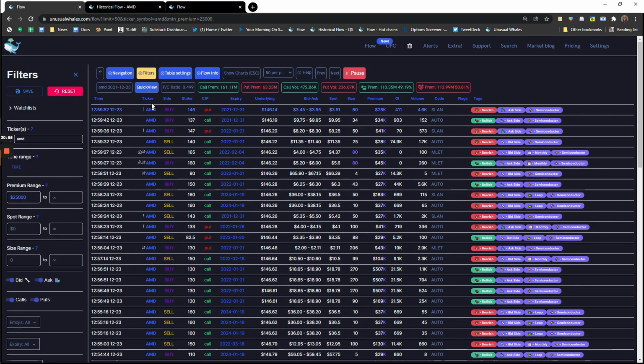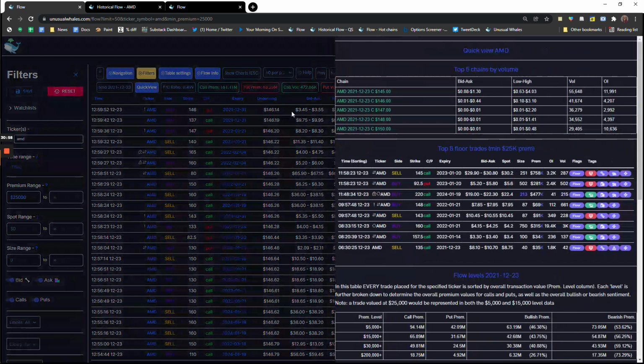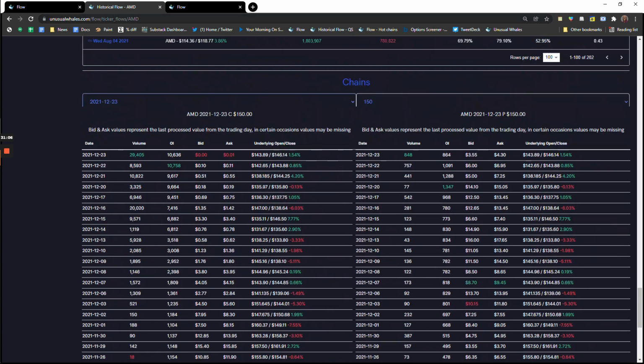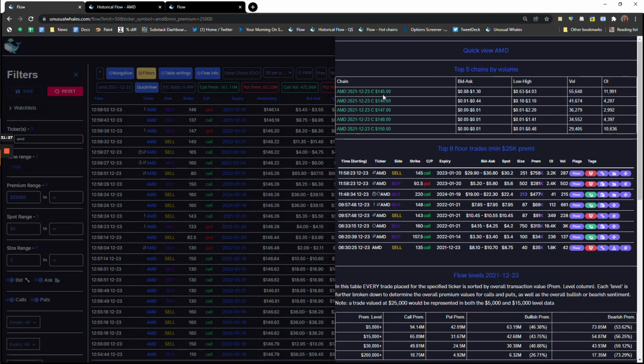The other thing you could do that's a little trick is open up your quick view every now and then. As you refresh it, this will update. Keep this historical flow page the same so that you can see how much volume is increasing or decreasing. If I don't refresh this page at all, this volume number stays the same on my historical flow in another tab. But if I go here on quick view, I can refresh this all I want. So if this 55,000 goes up to 60,000,